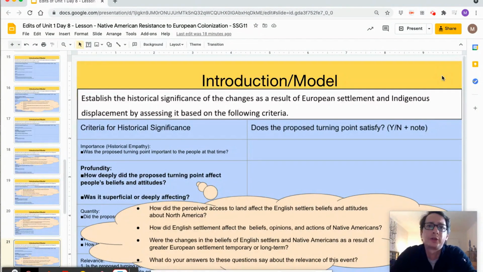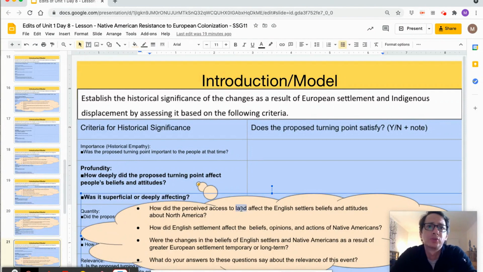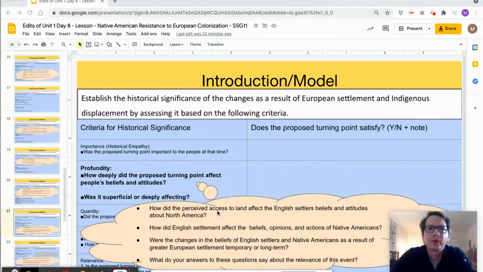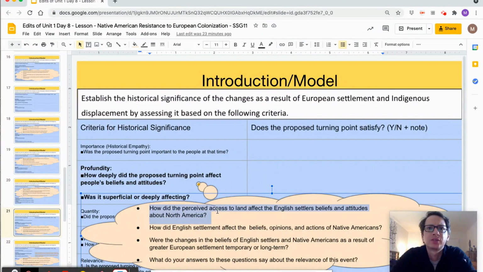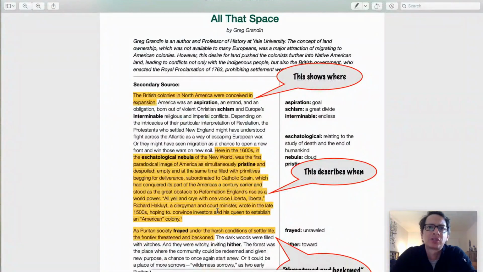Also, if you've been following these videos through the entire process, you can see the word land here, which is one of the defining characteristics we selected in step 3. So that is another little trick that you might want to use when you're doing this on your own. When I first read this question, I was thinking back to one of the texts that I read that mentioned something about the beliefs of the English settlers. And if I go back through the text that I annotated during an earlier step in the Turning Points tool,